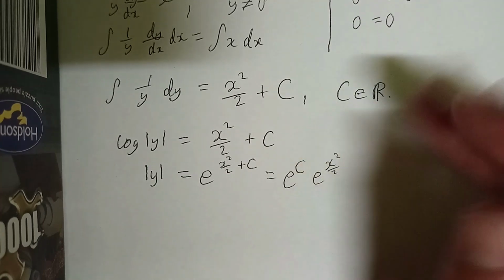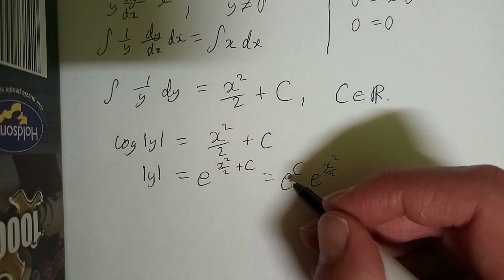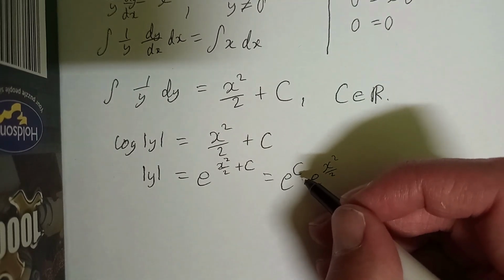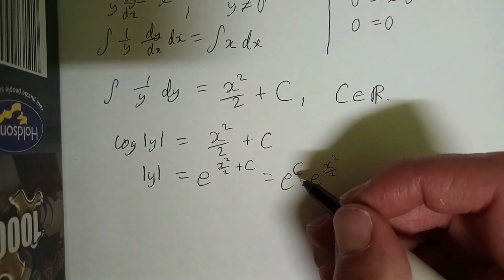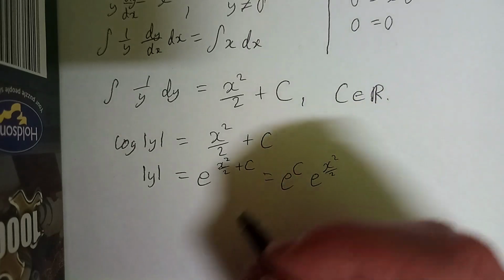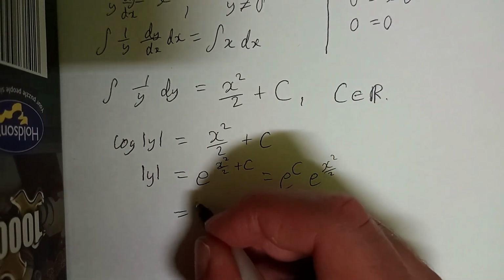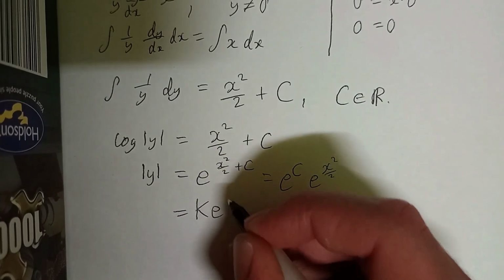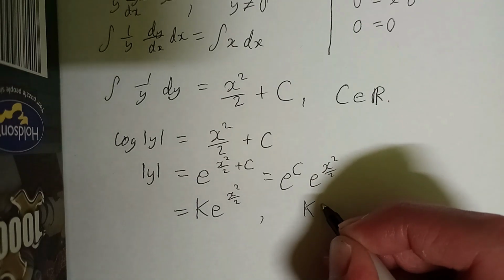It's a positive constant because e to the power of some real valued constant is necessarily positive. So we can just call that, say, k